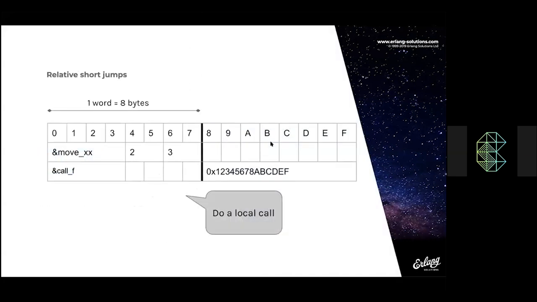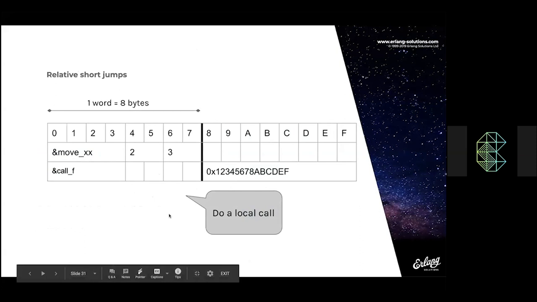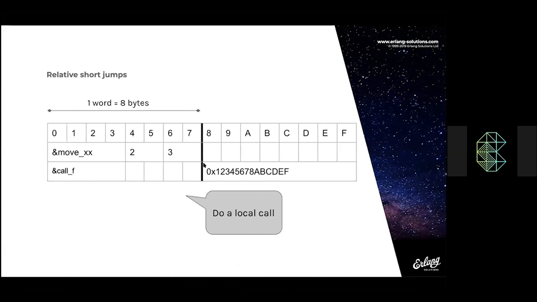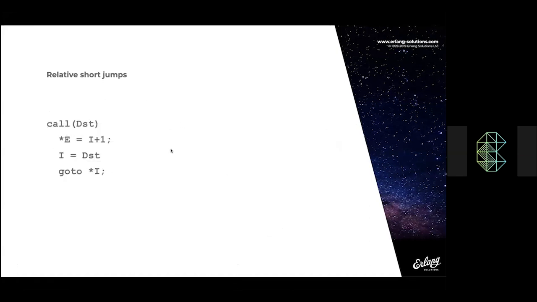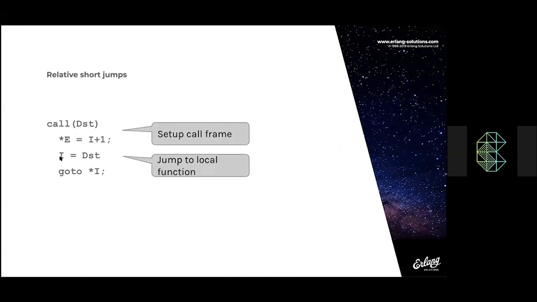Another thing in the same area that we did was that we started doing relative short jumps instead of absolute short jumps. So a local call before OTP 21 would look like this. You do a call, and then you have an address that would be an entire word to where you would be jumping. But local calls are only within one module. So what we can do instead is relative calls. And instead of what this says here, where we set up a call frame, and then we write the program counter to where we want to jump, and then we do the actual jump,